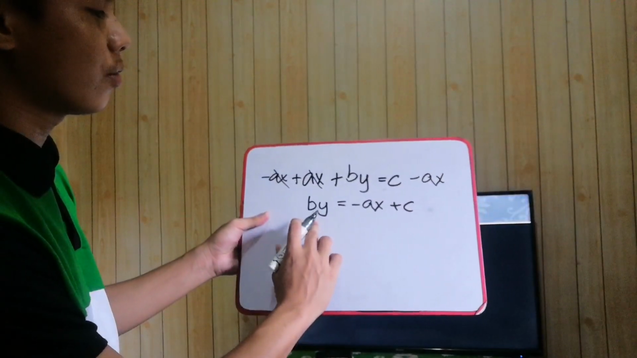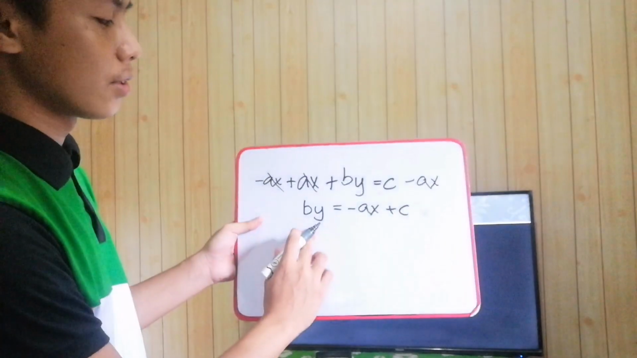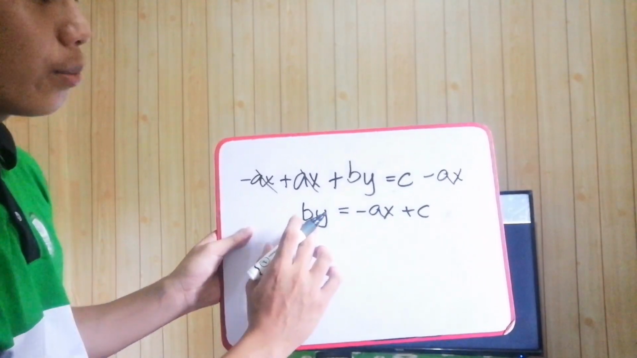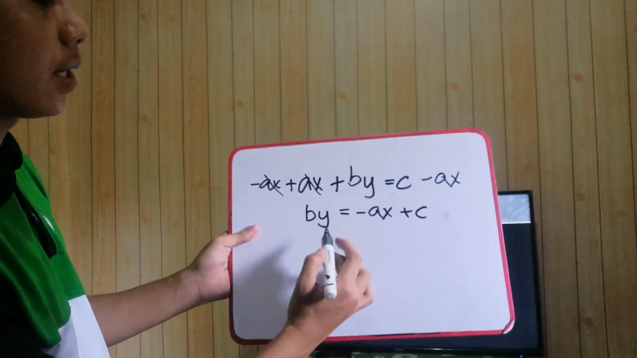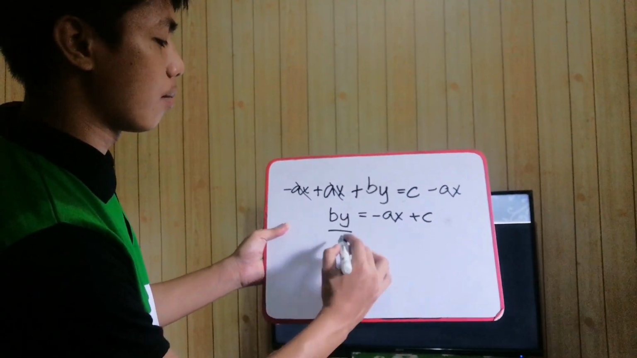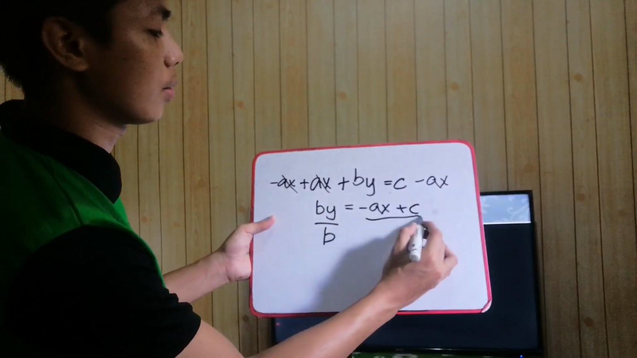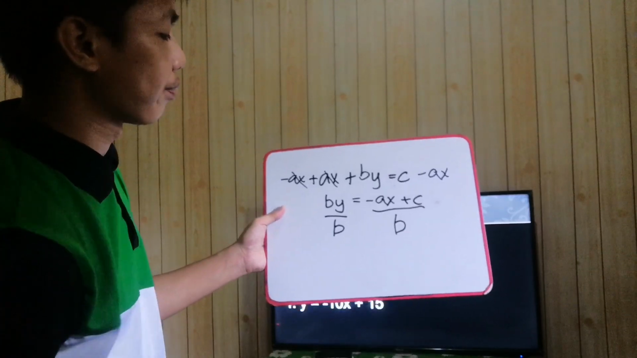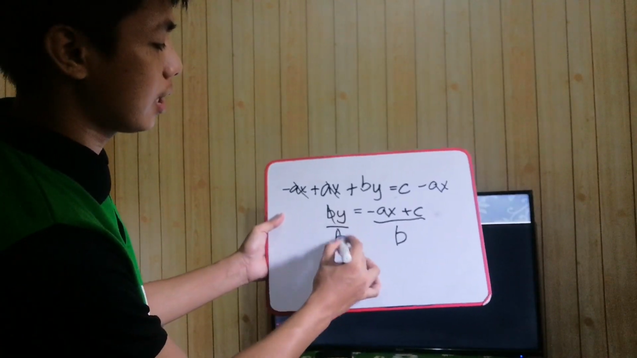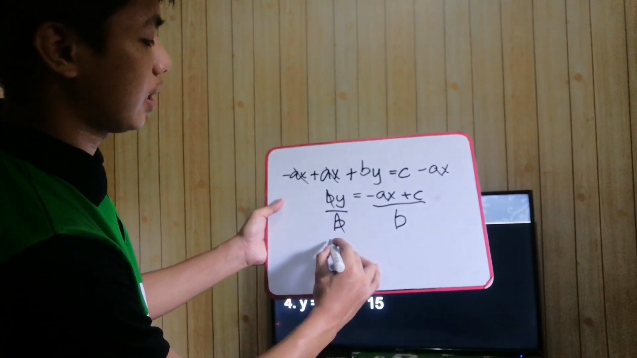Kailangan yung matira lang dito is y. So, ang gagawin natin to eliminate b is divide natin both sides by b para ma-cancel natin si b. Now, cancel, cancel. So, matitira is